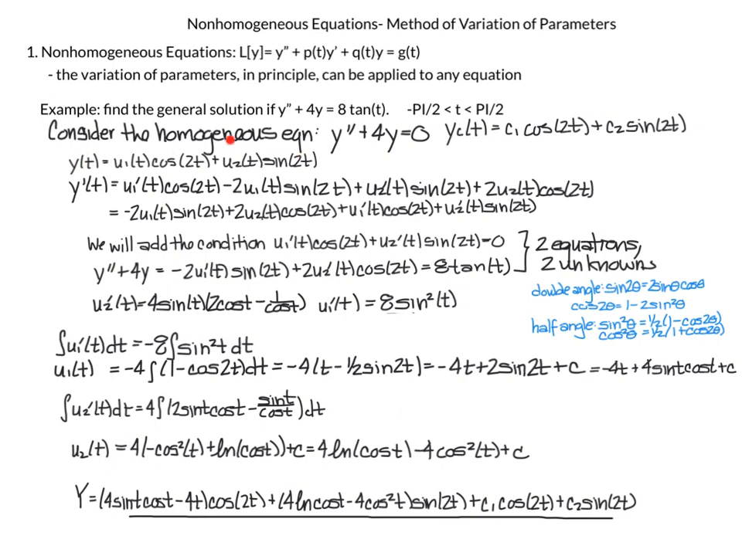This wasn't the capital Y, this is lowercase y, but we were substituting u1 and u2 for c1, c2. So the capital Y, and I don't have that written here, the capital Y, again, is u1 times y1 plus u2 times y2 plus c1 y1 plus c2 y2. And this is our final solution, the particular solution for this